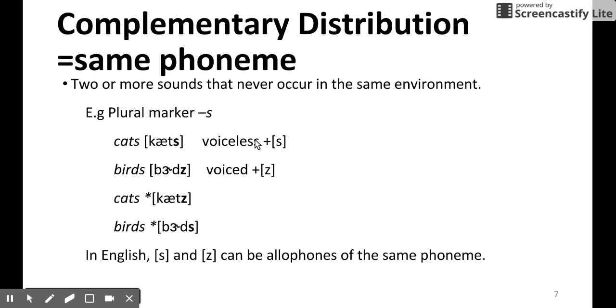Okay, so we can use the same analogy to say the English plural s. So English plural s can have three realizations. When it follows a voiceless sound as in cat, cats,